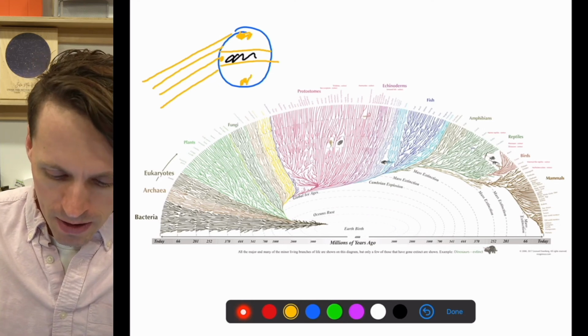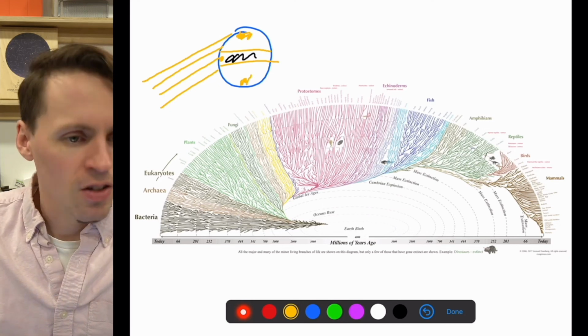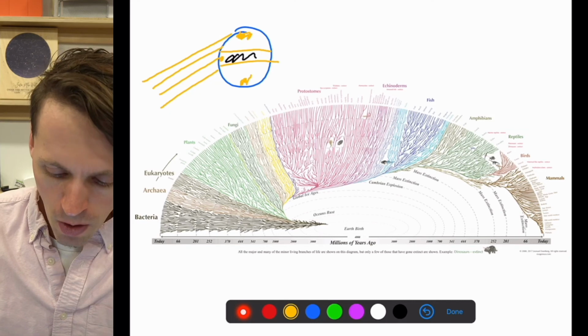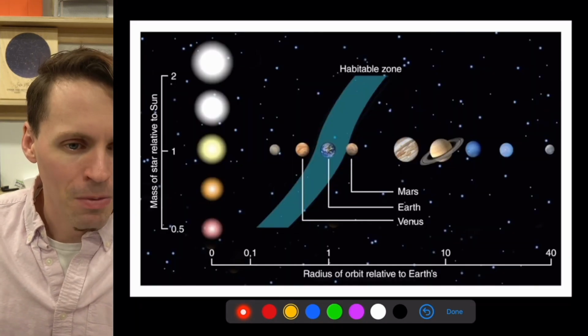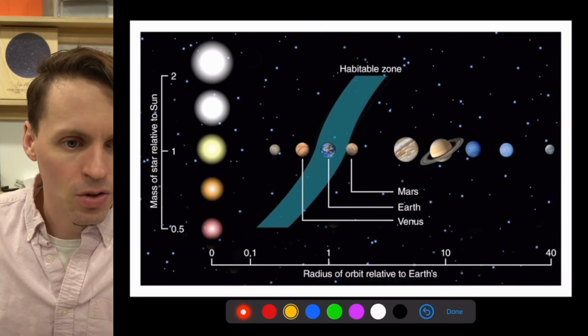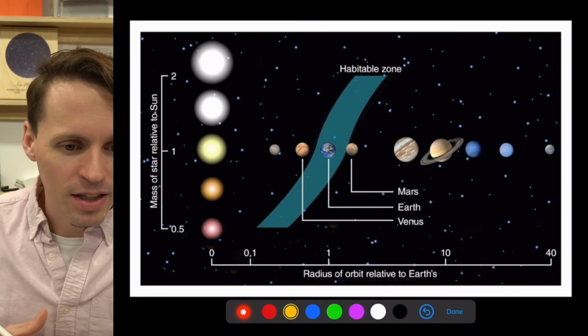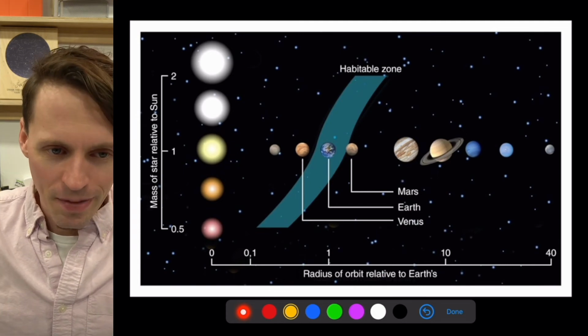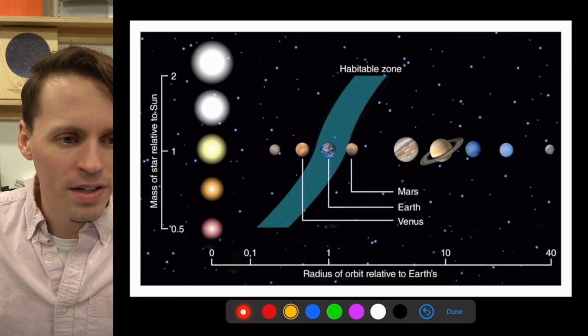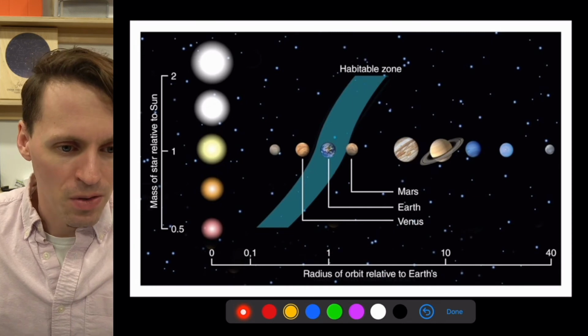Okay, so the question, that's all life on Earth. The question is, why is it on Earth? And Earth is in what's called the habitable zone around the sun. So it's not too hot, not too cold, just right. The sun sits around for a really long time, putting out the same amount of heat. It makes a really nice environment, you don't want the environment you are trying to evolve life in to be